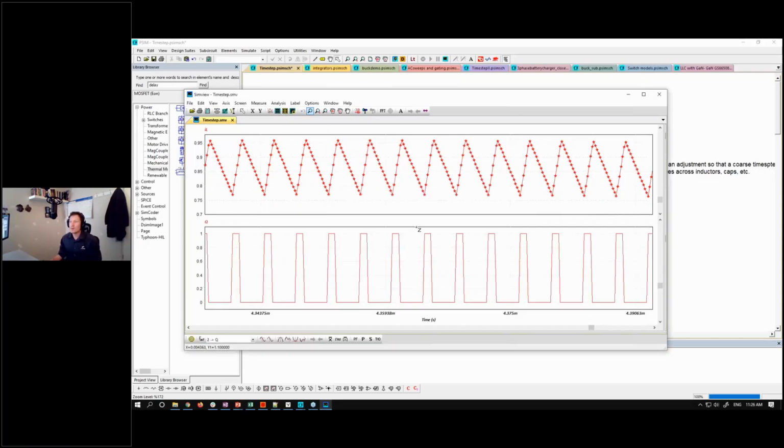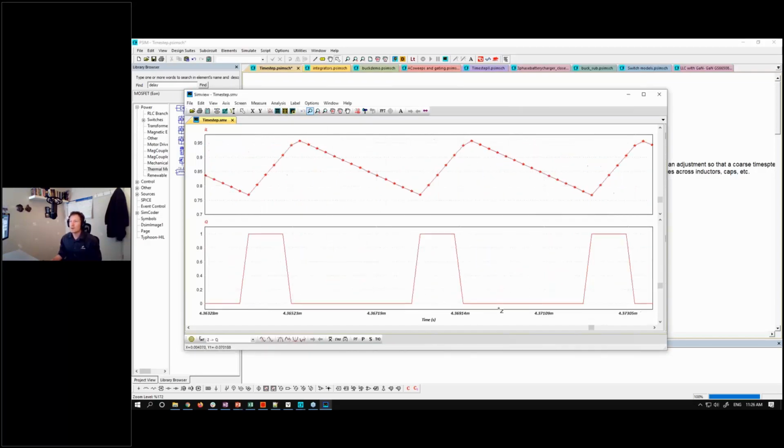There we go. So we can see the waveform is a little bit deformed, but it all kind of cycles back to what the purpose of the simulation was. If it was just to kind of verify how things work,